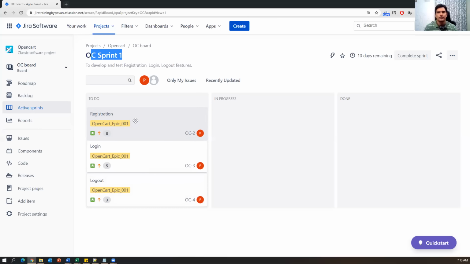Before progressing this story, the first thing is we have to clearly define the tasks for each story. And who will define those tasks? Developers and testers will define the tasks. Now let us see how we can add a task for this particular story. Just click on the registration. Once you click on this,